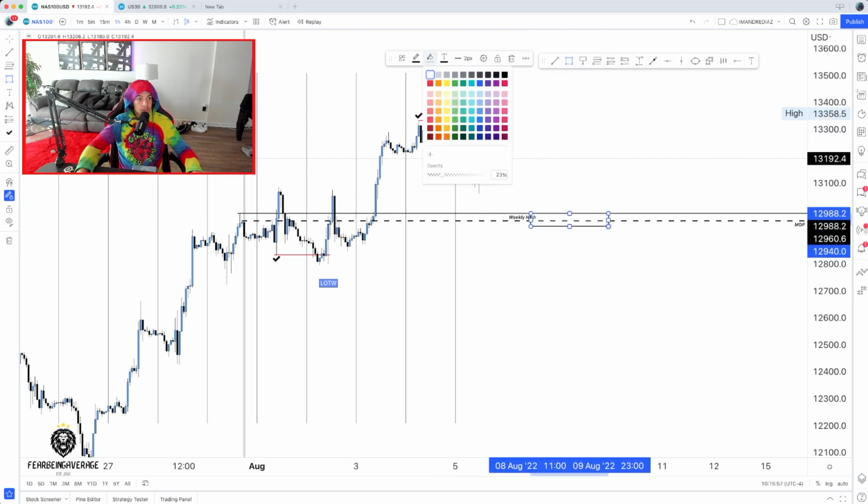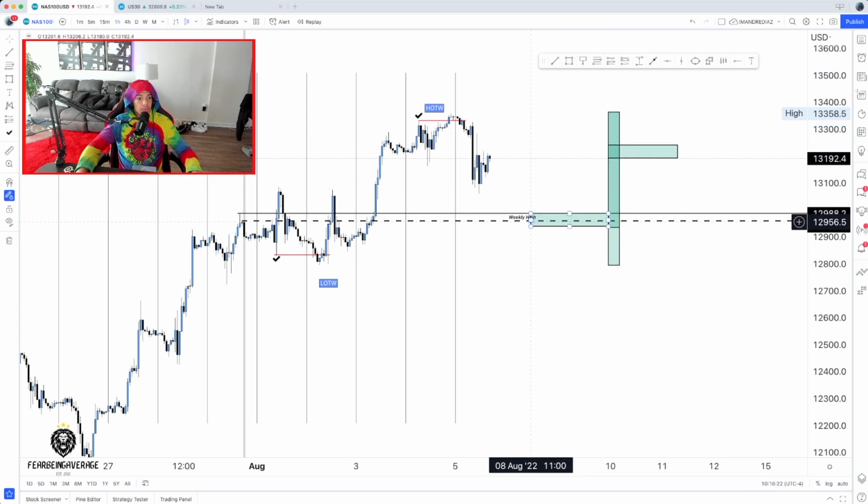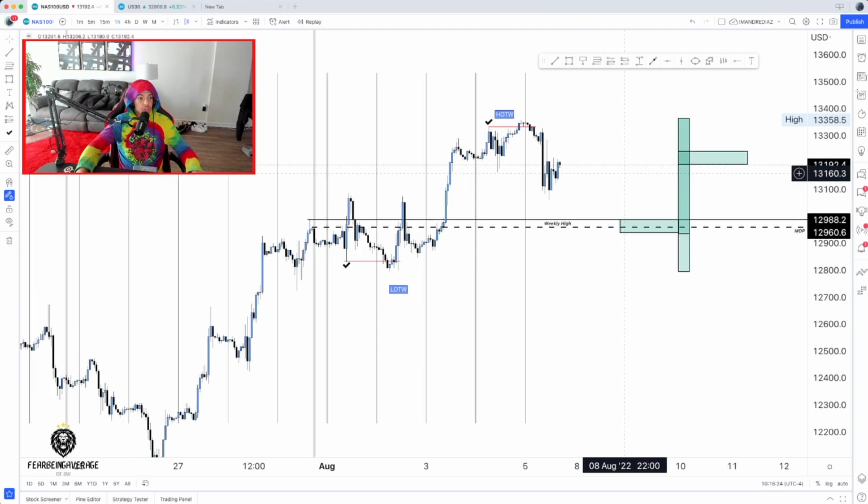So for the most part, let's just get the schematic. I'm going to make this green. Why not? We had the market open. Price traded to its highest point, which was 13,361. And the lowest point it traded to was all the way 12,800, which isn't a bad range. And then it ended up closing all the way at 13,992. So for the most part, it was a bullish week, just a basic bullish candle.